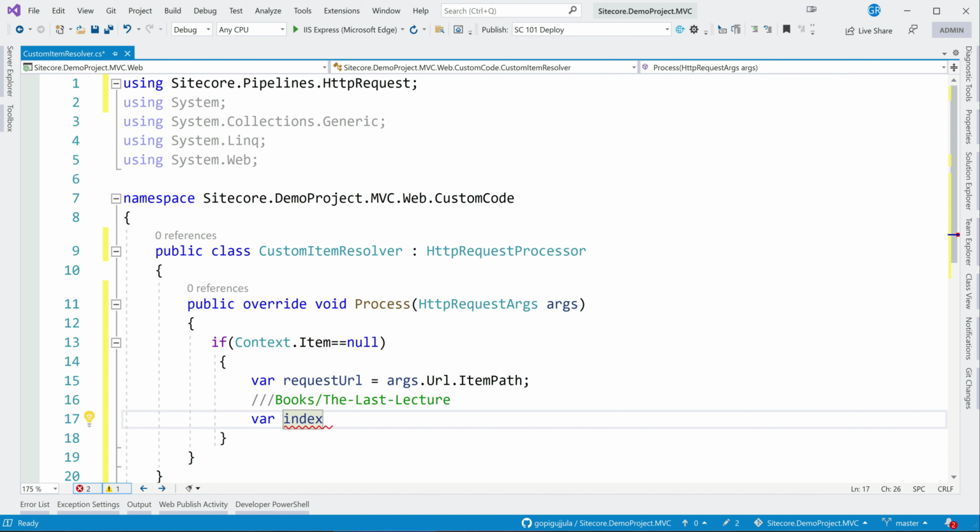So for that, index, and first we are checking whether there is any other request also part of this.